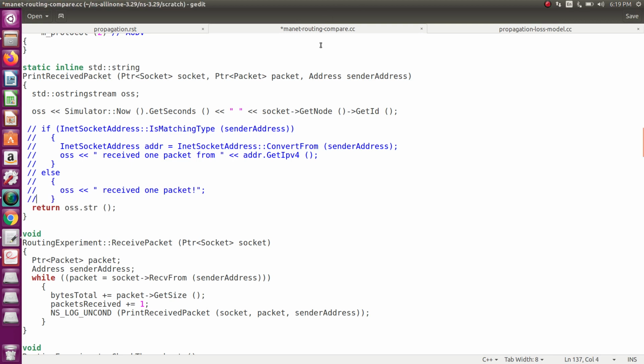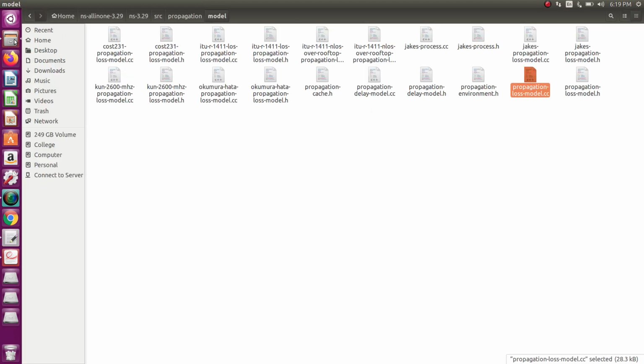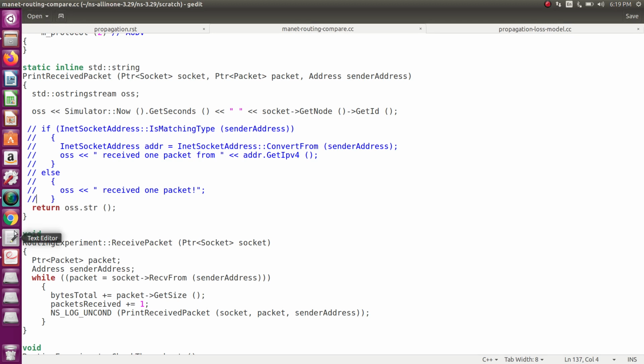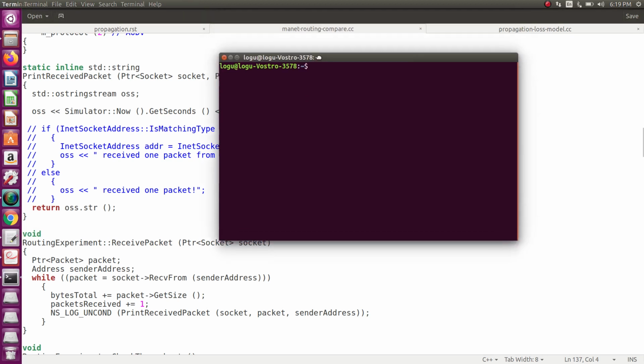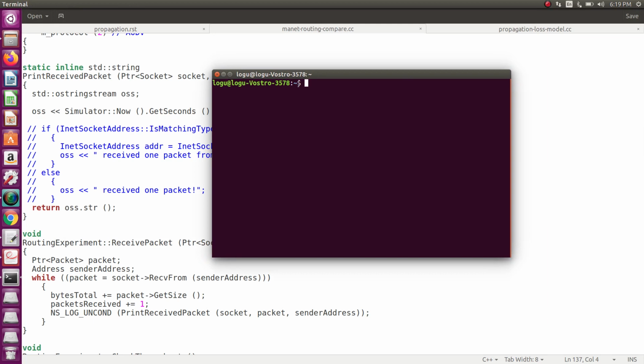Okay, so now save, then run the program. Just open the terminal, go to the ns folder, then type ./waf --run scratch/manet-routing-compare, delete the .cc. So first run the file.